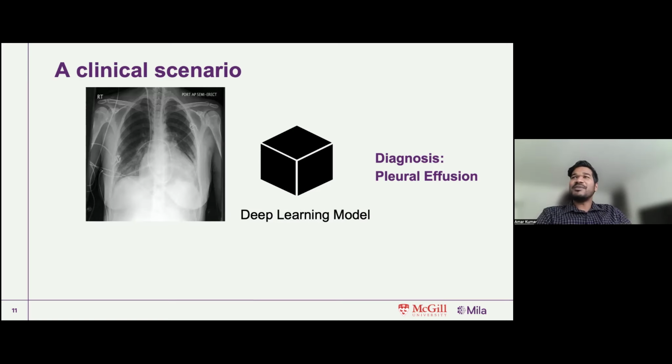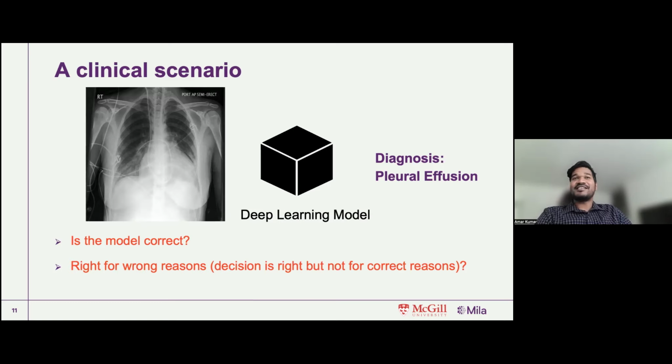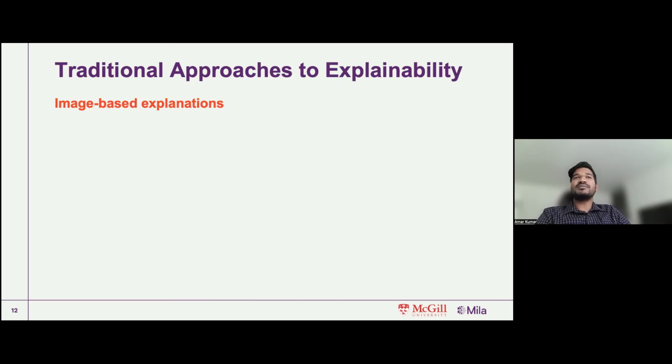As a human, the fundamental question that we'll ask is: is this model correct? If yes, is it correct for the correct reason, which is essentially, is it right for right reasons or right for wrong reasons? Which means that just the decision is correct, but the reasons are wrong. And finally, is this a generalized diagnosis which is satisfying the overall population, or is it a personalized disease diagnosis that the model is doing, which is very much related to only this specific person and not a generalized population? So this is where our approach that we pitched comes in.